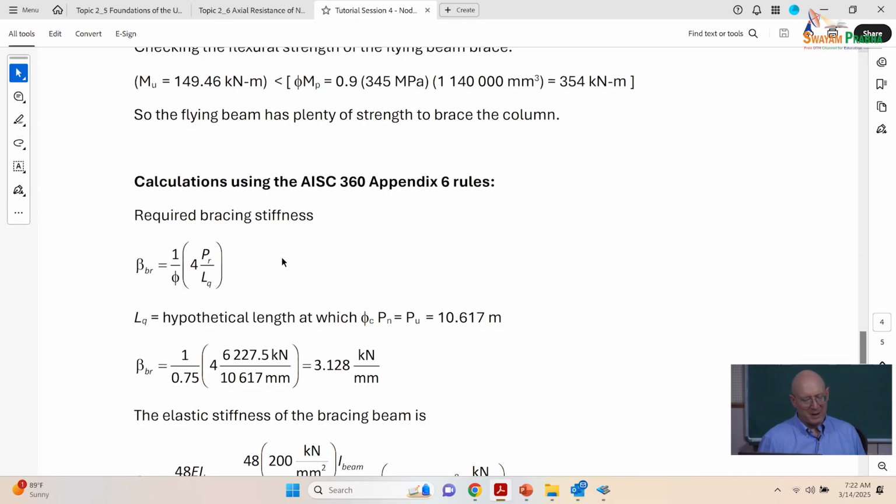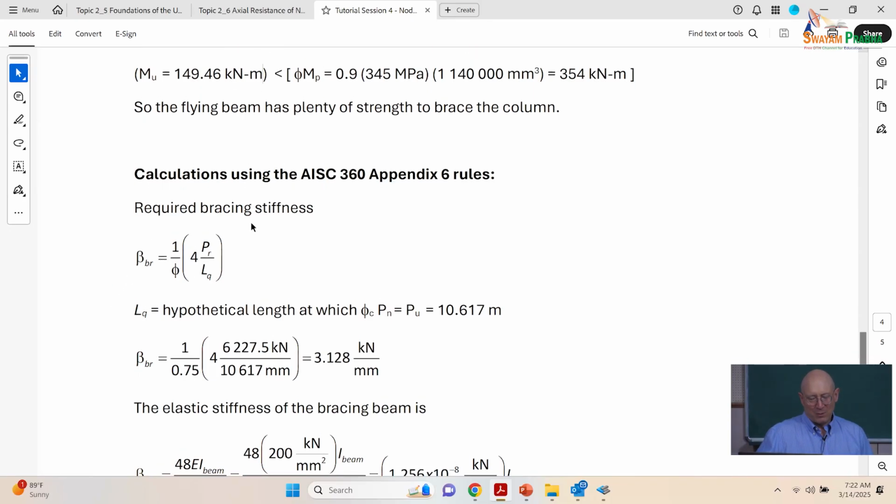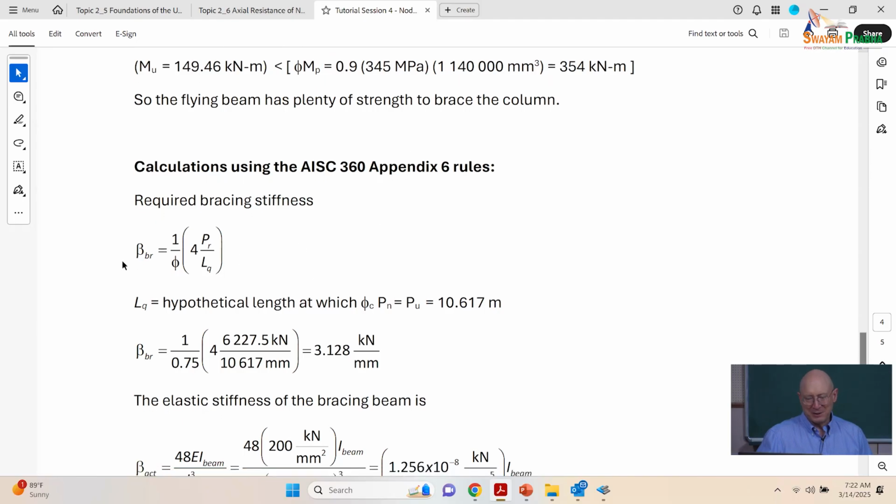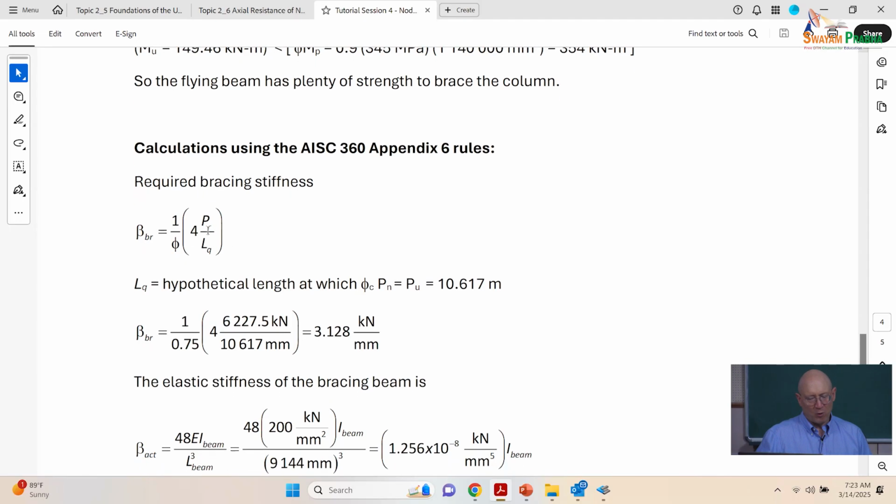But for this basic case with a single point brace at the middle, it works out when you do all the refinements. The point brace basically needs to have twice the stiffness and it takes twice the force. And so what you get with the commentary refinements in Appendix 6 is your required bracing stiffness,